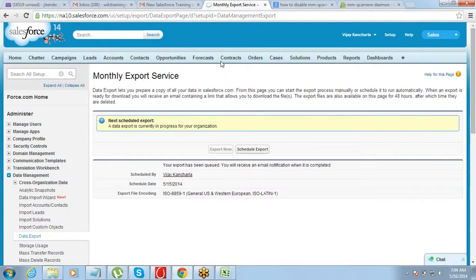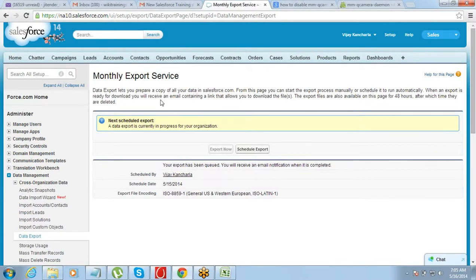Now, when we do an export, we understand that it will help us take the data out of Salesforce into an Excel format, right? But it does not give you a download file directly. Ideally an export should give me a download file, right? A CSV file or an XLS file. But it does not give us that.